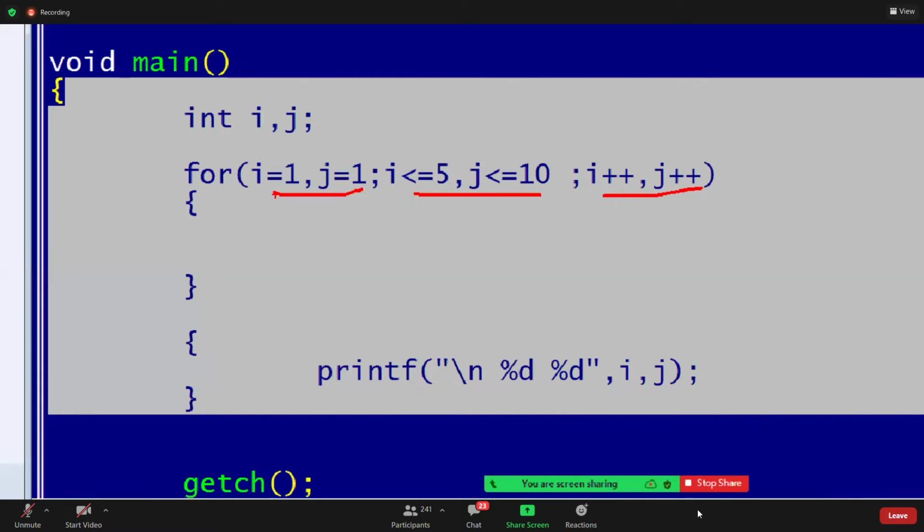Here, this is not an operator, no? Here it is a separator. Can I take two initializations? Yes, we can take two initializations. Can I take two increments here? Yes. Can I take two conditions here? No, you can't take two conditions. If you want to take two conditions, a logical and or a logical or operator should be there. If there is nothing, then it considers that you don't want to write that statement. Clear? That is the meaning.